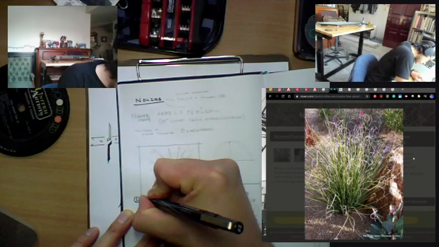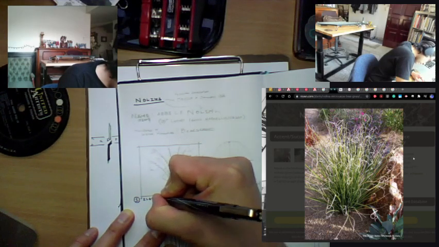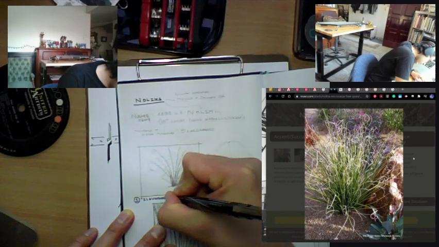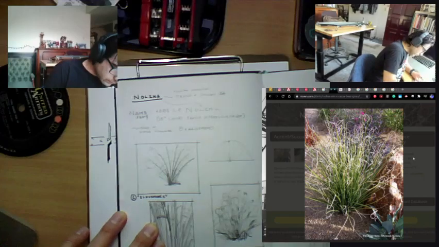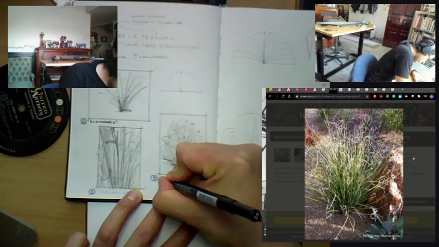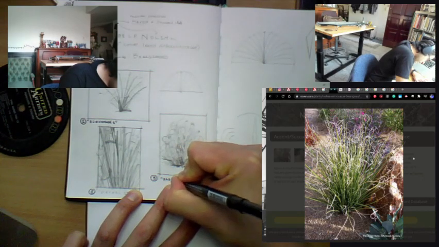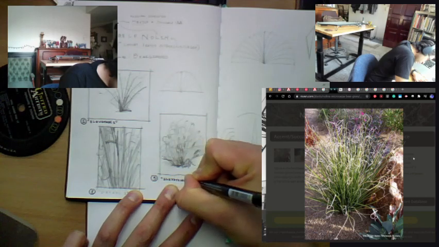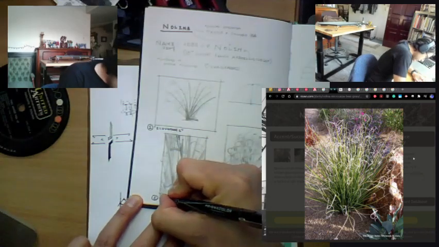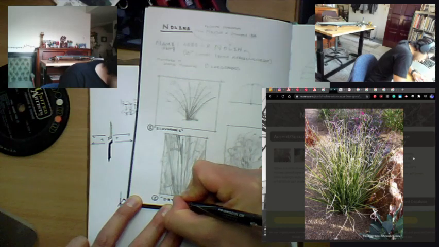So, elevation 1, right? Here I'm going to call this elevation 2, and then this is going to be detail